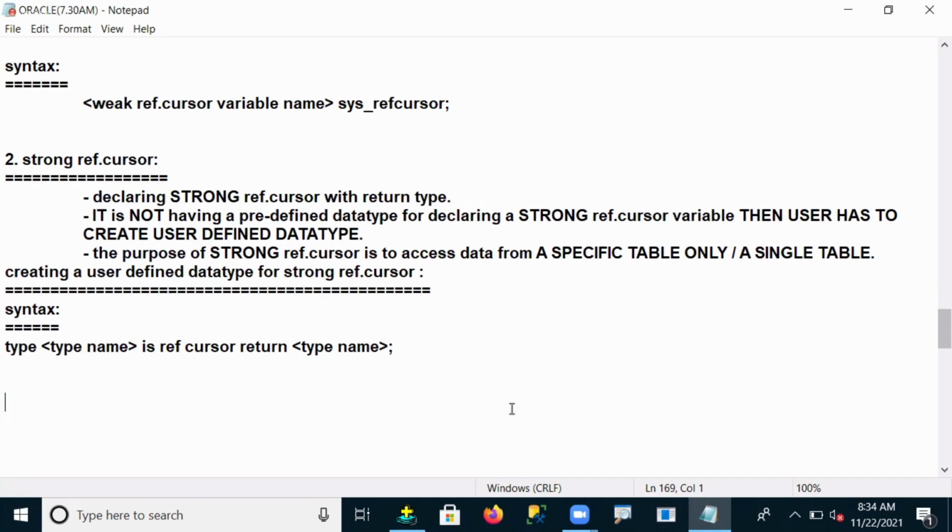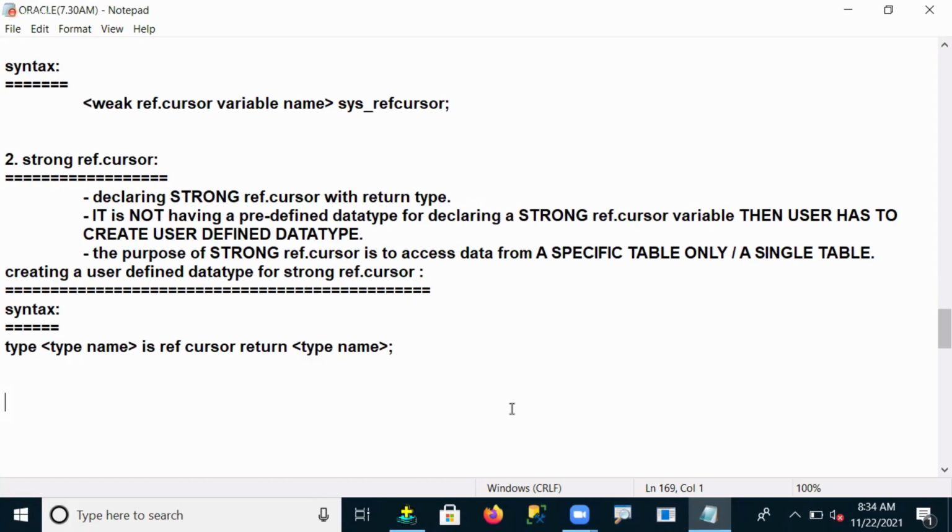But the explicit cursors we discussed previously are at static level and only access one table's data. Here, multiple tables we can access. So this is the difference between ref cursors and cursors. And this is your cursors topic, guys.